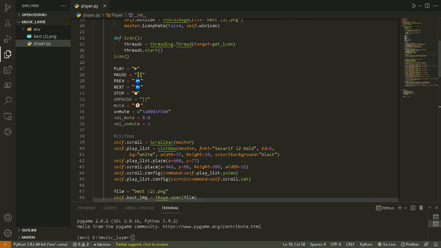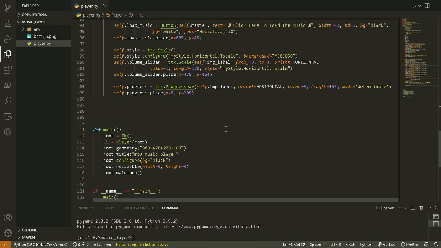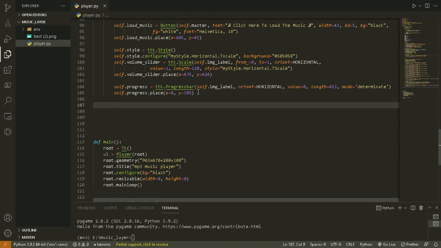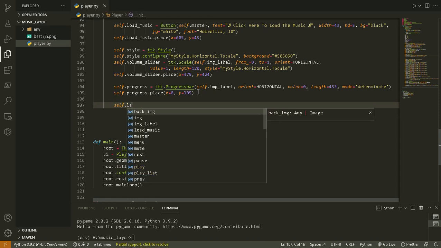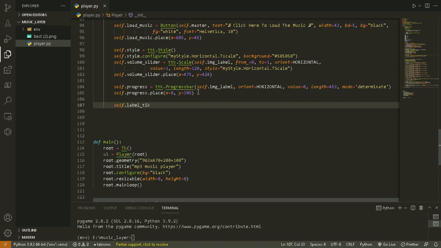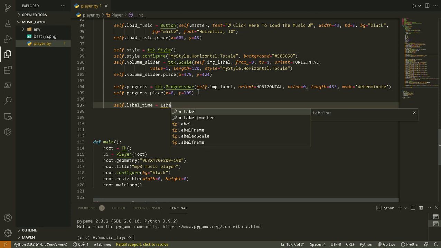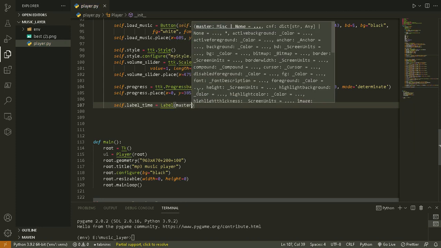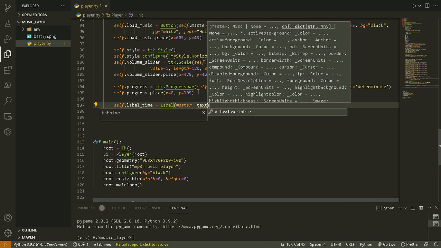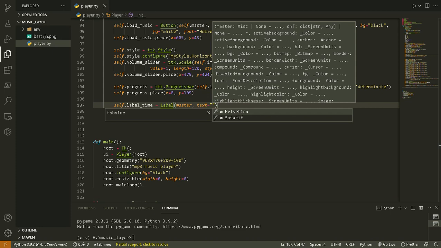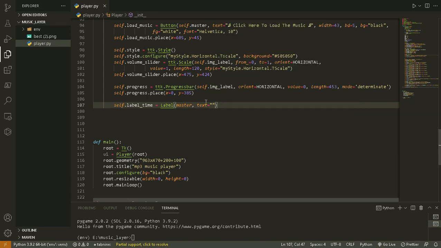So now let's work on our functions. So now we have all our buttons right here. So now let's put our label. So we want to see the duration of the song, and as it plays we want to see the counter. So we'll do self label time equals label. So the label widget right there. We'll do master, and then we'll do text equals. So we want to see this text if the song is not playing,